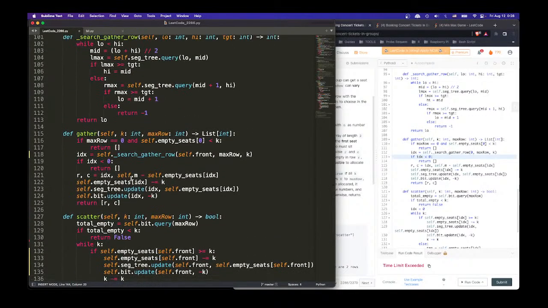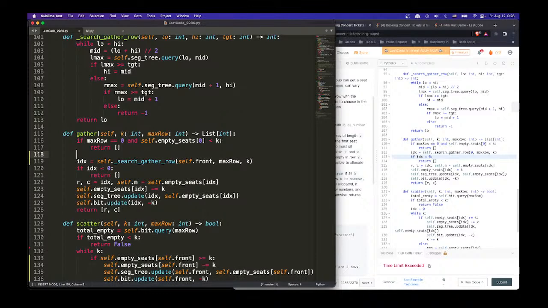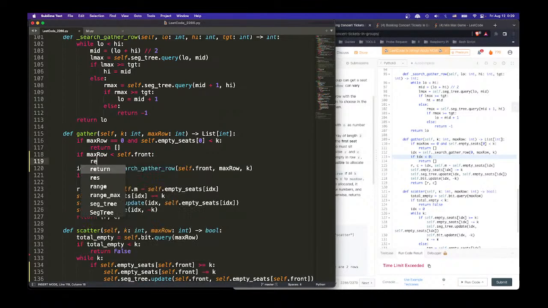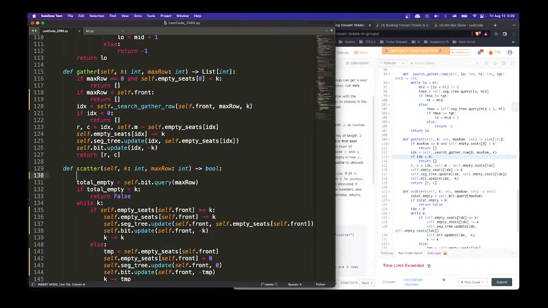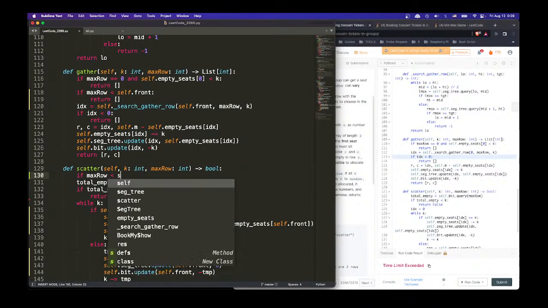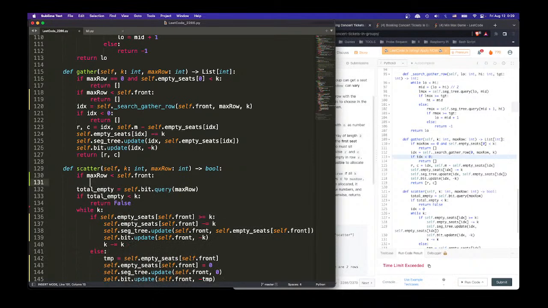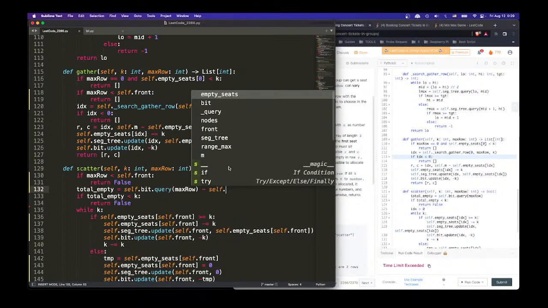And of course, every time we call, we say if max row is smaller than self.front, also return. It's not possible. This is the same. If max row is smaller than self.front, return false. And the total empty is going to be, because we cannot do the front, so we're going to be the query this minus self.bit.query